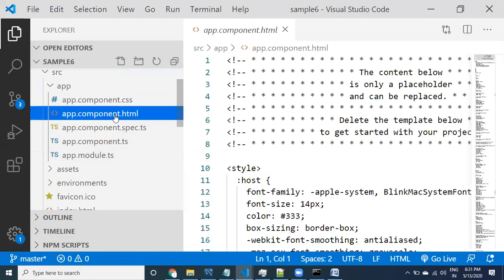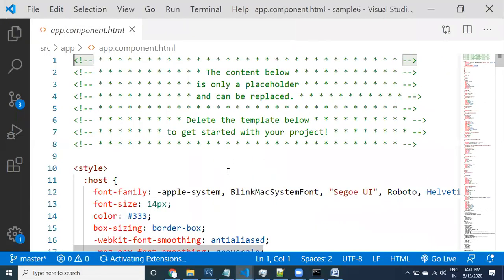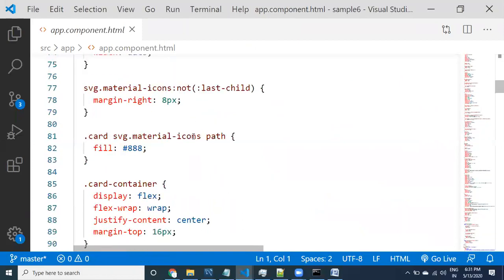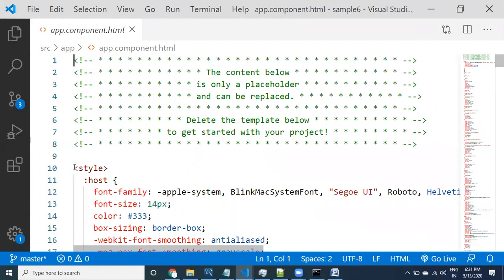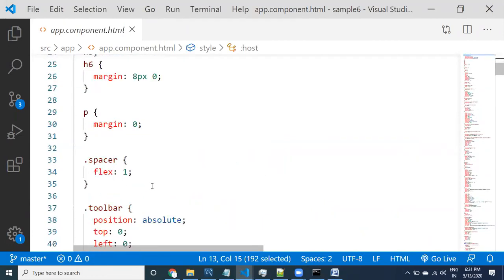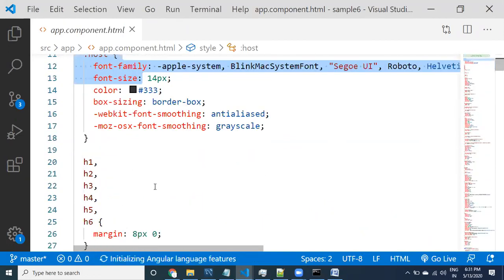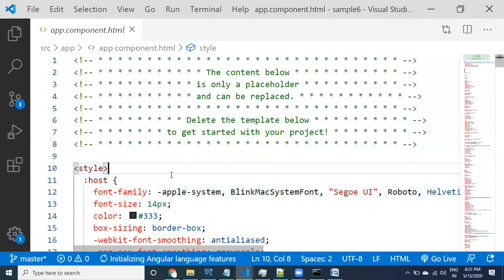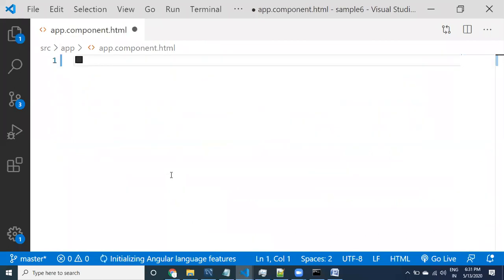If you click on this one, you see the whole HTML is available, and along with HTML, CSS is provided. Yes, it is legal, but providing JavaScript along with HTML is not legal. Not legal means the script is going to be removed when you are working with Angular with HTML. So select all these things and remove them.